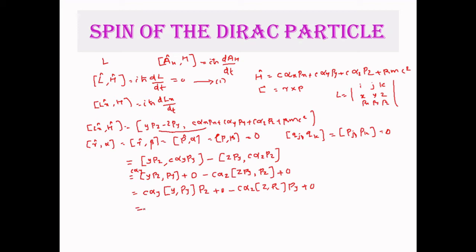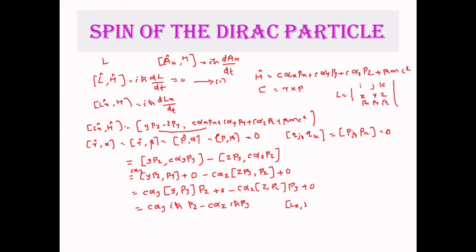So you can write it as c alpha_y into the commutator [y, p_y], which is iħ, so you can write it as iħ p_z minus c alpha_z, whose value is iħ, so iħ p_y. So you can take an iħ common, so what we will get is the commutator